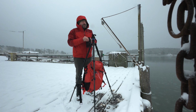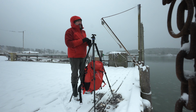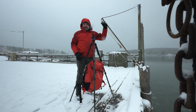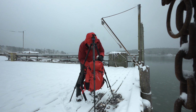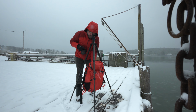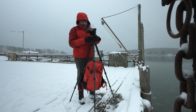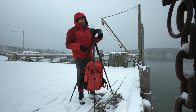So I'm going to set this up to be a water heavy shot, maybe. It's tough because there are houses stacked well above what I want to make the photograph of, but not so far that it isn't going to be a little bit of a chore to try to work around it. I think it's going to work. All right, so